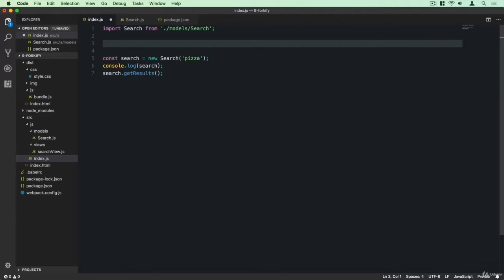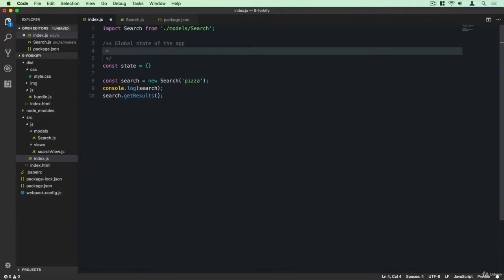Now, there are entire libraries for state. Maybe you've heard of Redux, which is used together with React. That's a very popular state management library. But in this case, we will just do something very simple, just one object, which is the state of our app. In Redux, this is called the store, but let's just call it state here, okay? So const state, and for now it's empty. And let's actually add a comment here, saying the global state of the app. And in here we will have